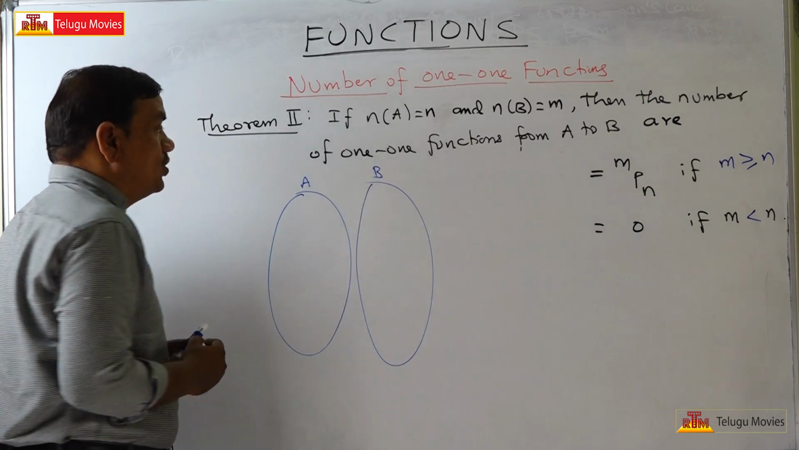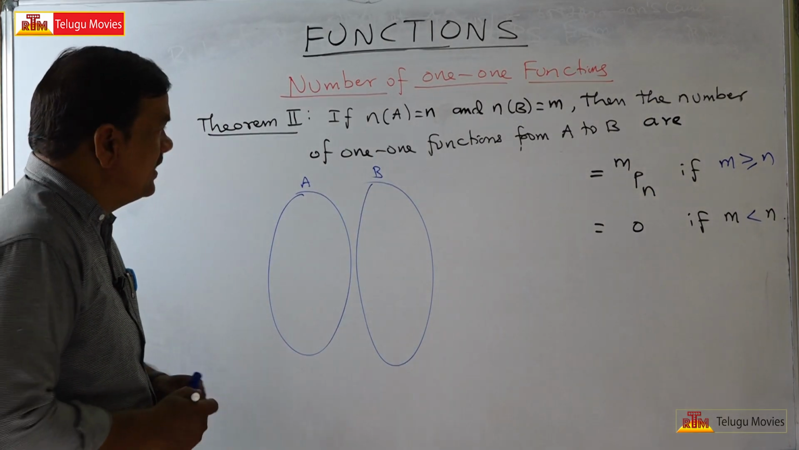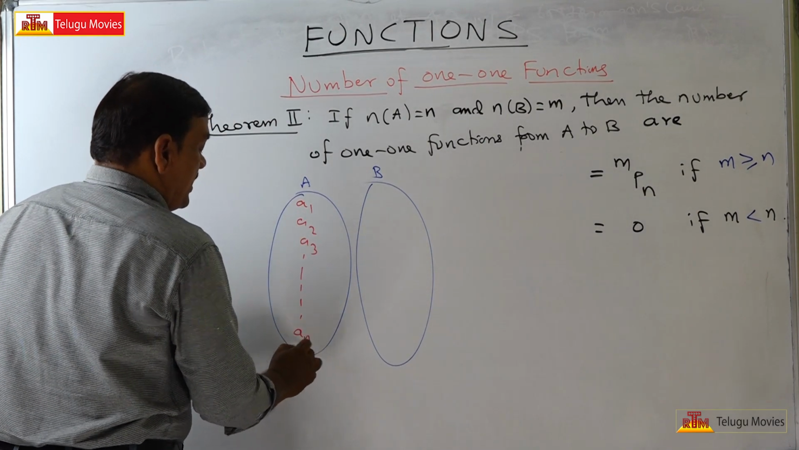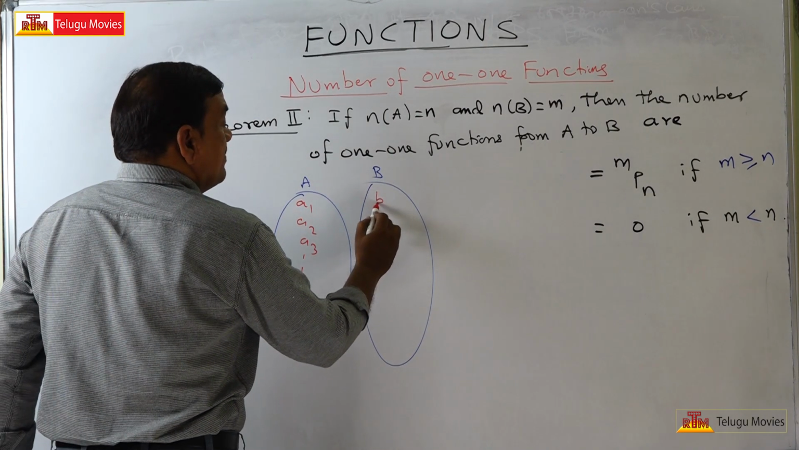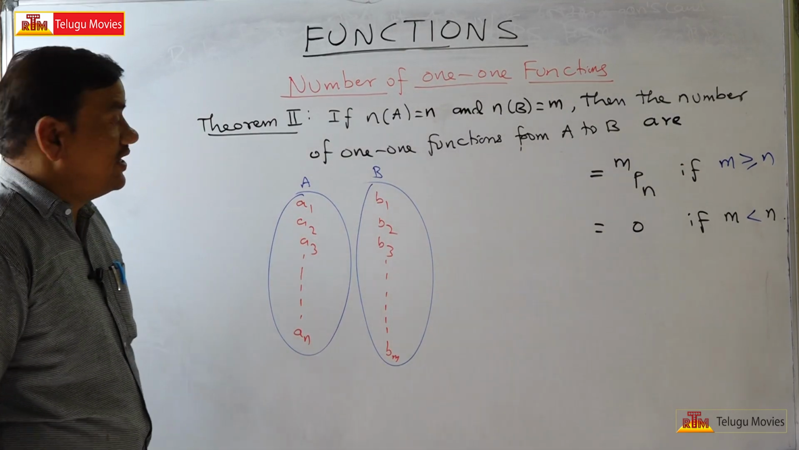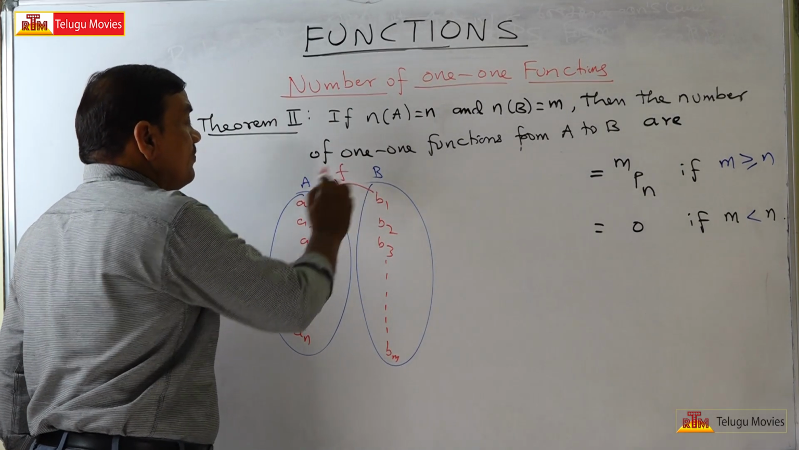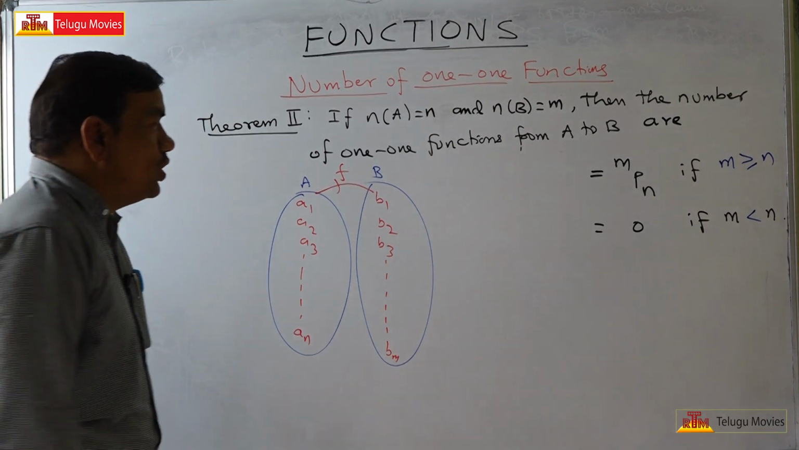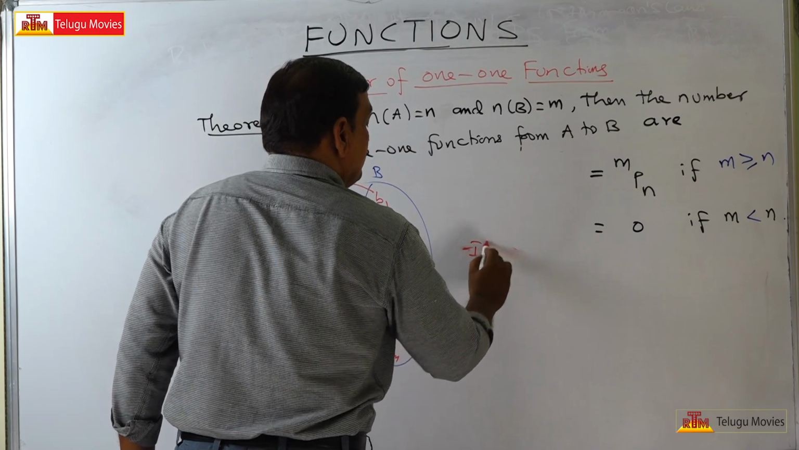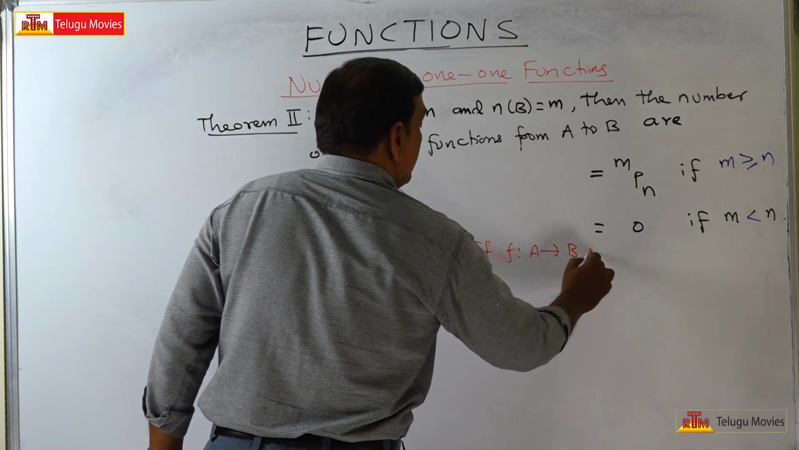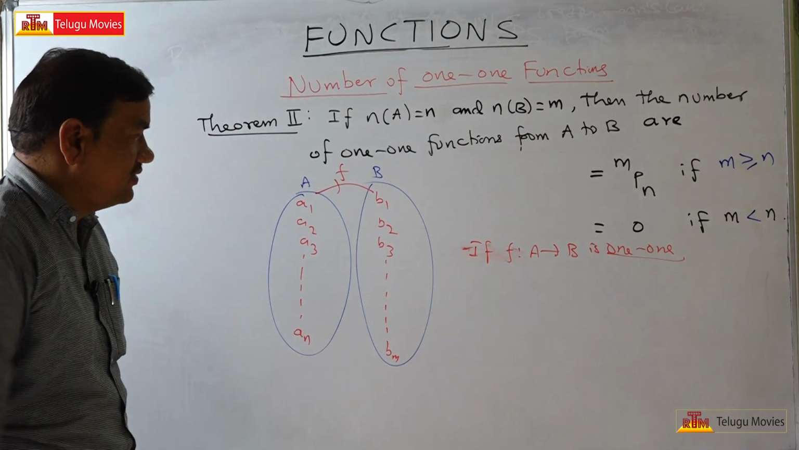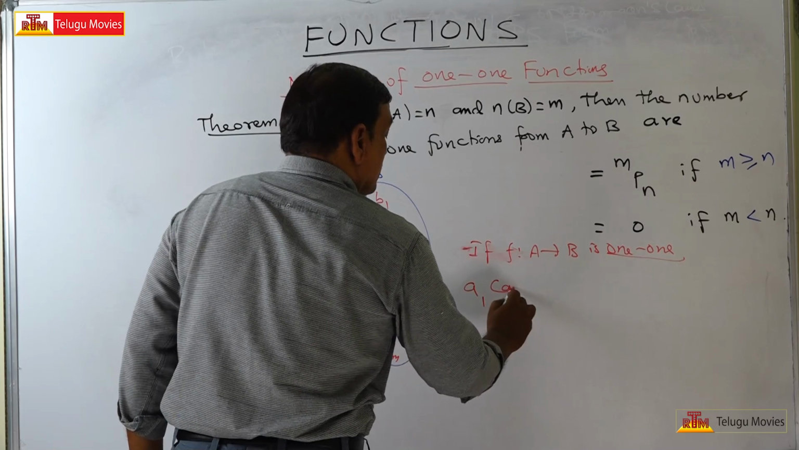A and B are two non-empty sets. A has the elements A1, A2, A3, and so on up to An. B has the elements B1, B2, B3, and so on up to Bm. F is a function from A to B. If F from A to B is one-one,